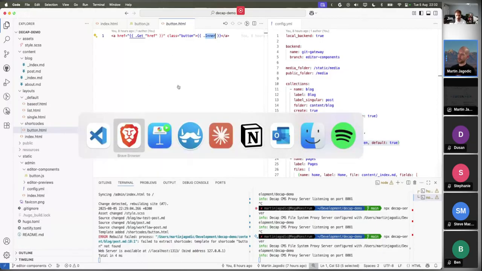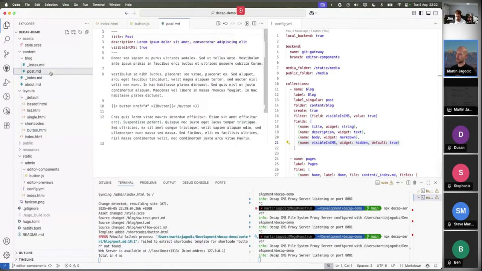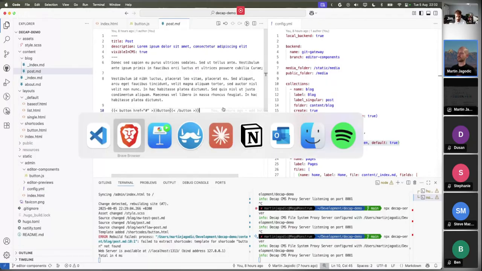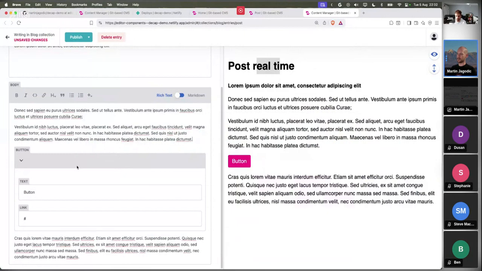And if I open the post here, this is how a shortcode looks when it's used. So again, I have the power as a developer to use shortcodes in my VS Code or other editor, and the editor, as in person editor, has the power to now add this shortcode himself in the CMS through this